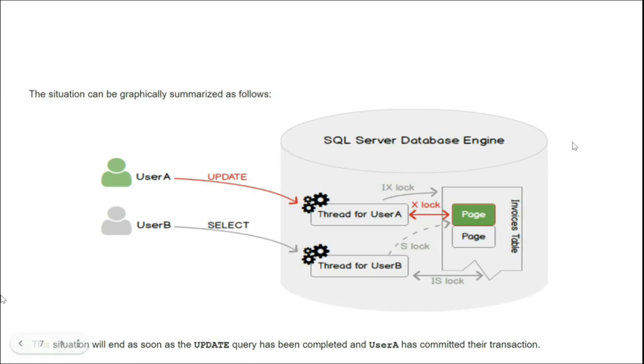Okay, as you can see in the picture here, the first transaction, the transaction started by user A, already has an exclusive lock on the page. It is working on that page. This transaction has an exclusive lock on this page. While this transaction is going, there's another incoming transaction trying to have a shared lock on the page, and then it's trying to have